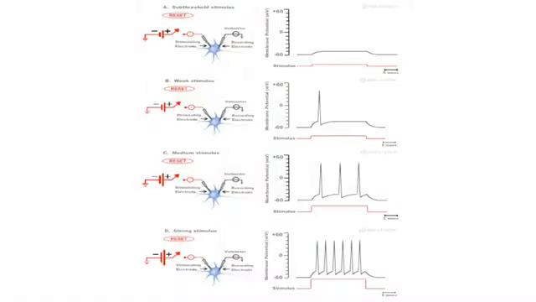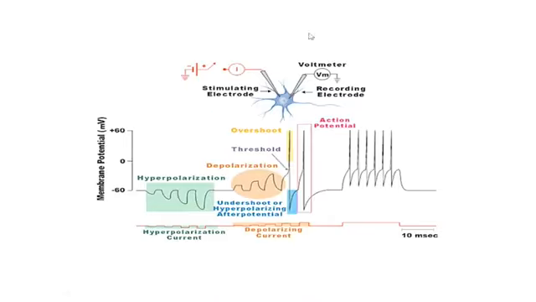Okay, now we need to move on to a discussion. Let me just show you this slide first, which is a summary of what we talked about. So here's our little experimental system where we have an idealized nerve cell. We record the membrane potential. We can induce artificial currents into the cell to either hyperpolarize it, make the membrane potential more negative, or depolarize it, make the membrane potential more positive. If that depolarization reaches a critical level, the threshold, we get the all or nothing action potential.